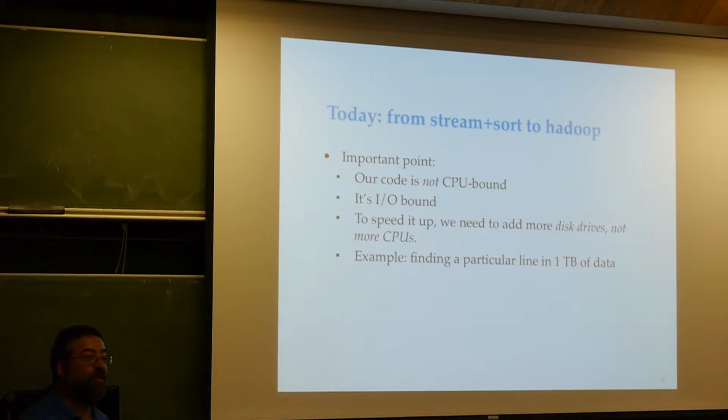We want more read heads, so instead of streaming through 100 terabytes of data on one machine, we can stream through 100 gigabytes of data on 1,000 machines. So we want many, many different machines to handle that streaming disk I/O. An example of this kind of task would be finding a particular line in a terabyte of data. It's going to take you a long time to scan through and find that line. If you could take that terabyte and split it into 1,000 pieces and search those pieces separately,